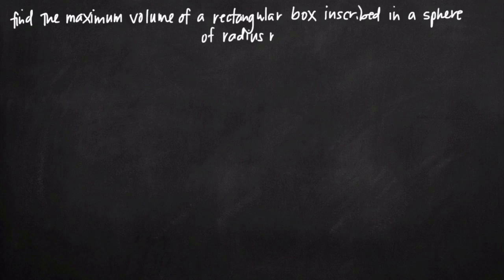Today we're going to be talking about how to find the maximum volume of a rectangular box which has been inscribed in a sphere when that sphere has radius r. And the first thing we need to do with this multivariable applied optimization problem is to start writing down what